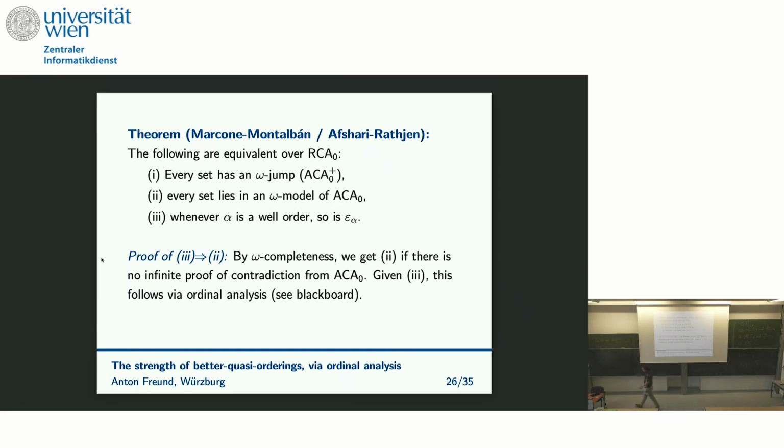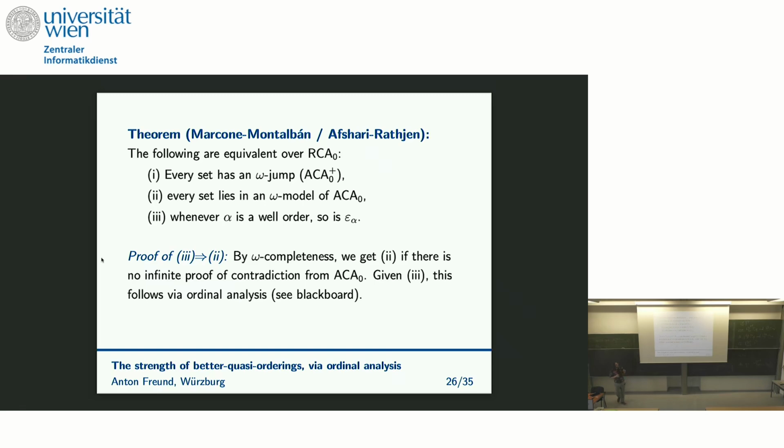Namely, what I want to say is, so far we have seen the ordinal analysis of Peano arithmetic, and now we want a model of ACA_0. And well, Peano arithmetic and ACA_0 are very closely connected. One is conservative over the other, and maybe you know the model theoretic construction that if you have a model of Peano arithmetic and you take the arithmetically definable subsets of that, then you get a model of ACA_0. But somehow this model theoretic construction is not something that we can use here, right? Because if I want to take the collection of arithmetically definable sets, then I already need quite a strong metatheory. This is nothing that we would do in RCA_0.